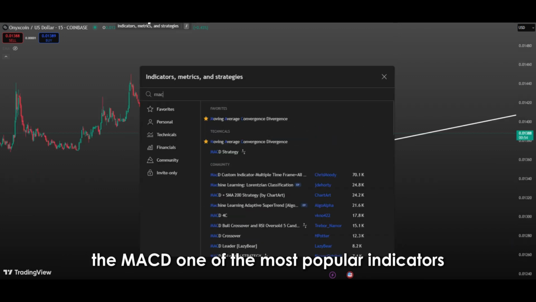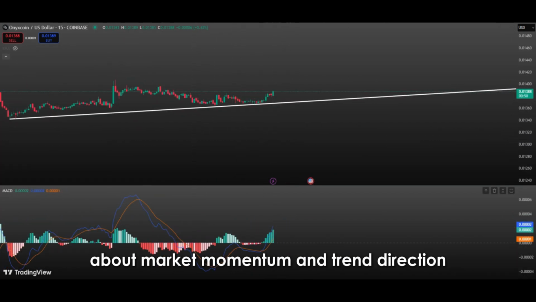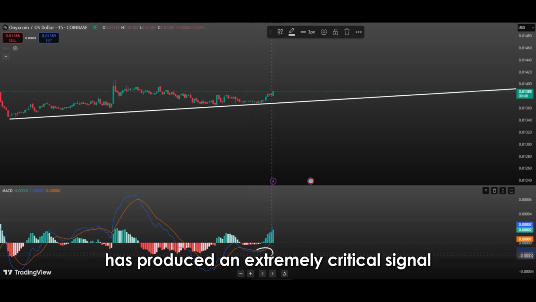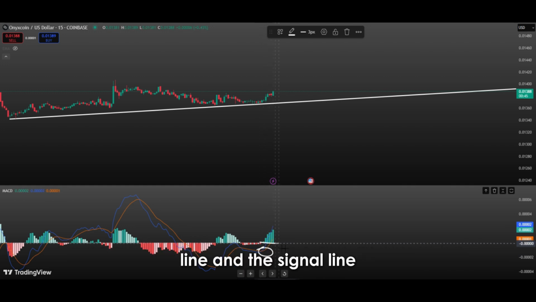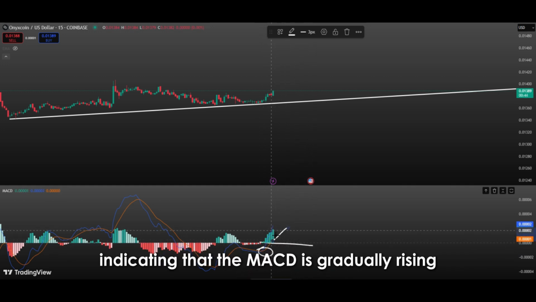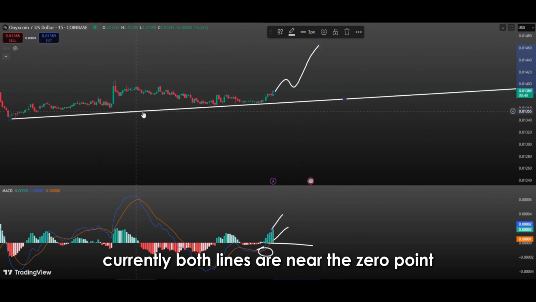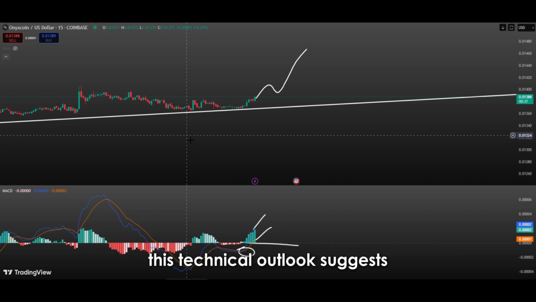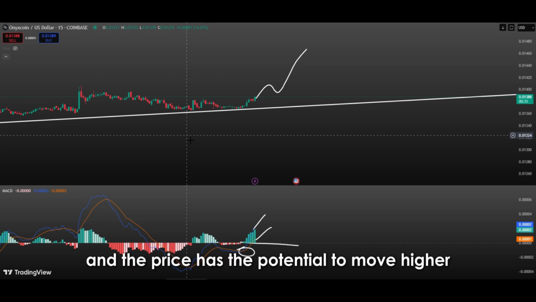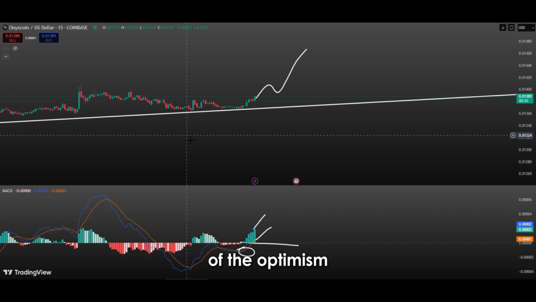The MACD, one of the most popular indicators among technical analysis tools that provide strong signals about market momentum and trend direction, has produced an extremely critical signal in the current price structure. In detail, there is an upward crossover between the MACD line and the signal line, indicating that the MACD is gradually rising towards the zero reference level. Currently, both lines are near the 0 point and have a tendency to exceed this level to the upside. This technical outlook suggests that the positive momentum in the market is gaining strength and the price has the potential to move higher. Such upside crossovers are often considered as a graphical reflection of the optimism that is beginning to